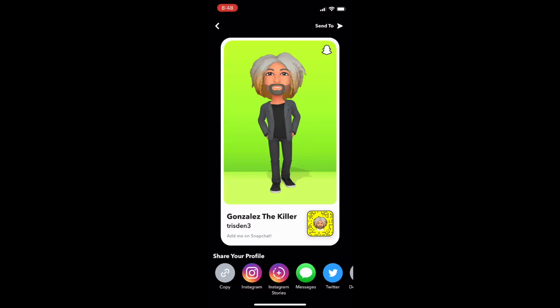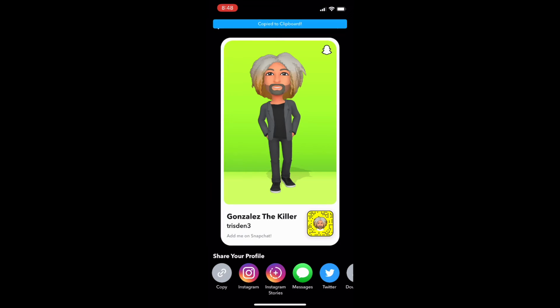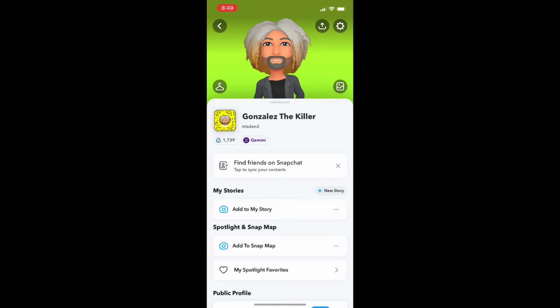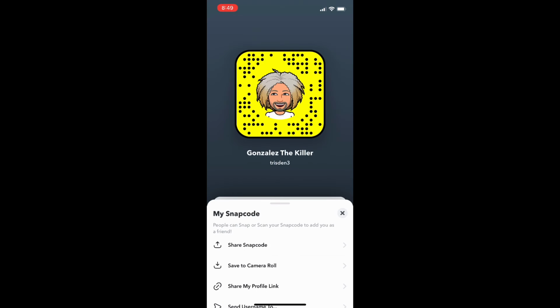But once you're at this screen right here, you're just going to hit the button in the upper right hand corner. It's right next to the gear button. And then once you get to here, you should see a button that you could share. It's the first one at the toolbar once you're scrolling through. And then once you do that, the link should be copied to your clipboard,